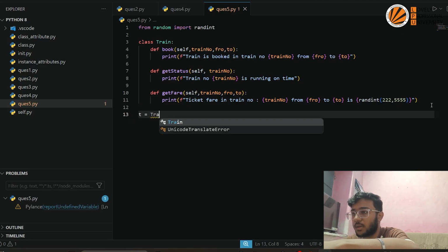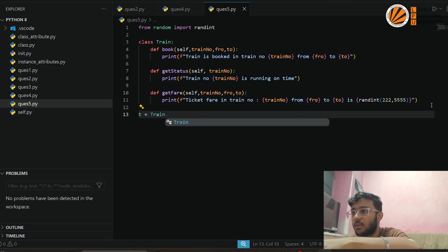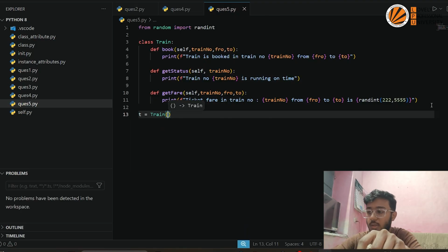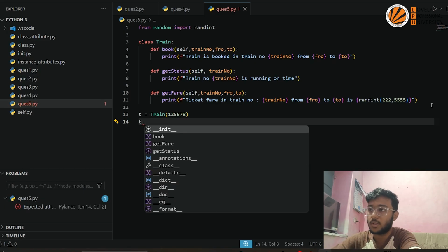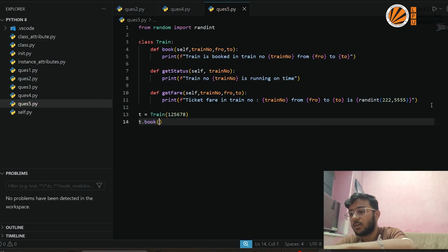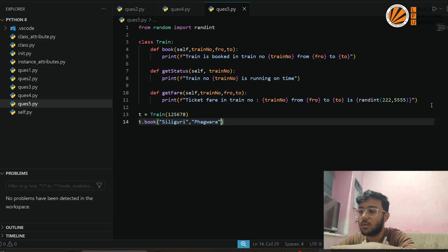I will write train, suppose the train number is 125678, just like that. Now I will call my functions one by one. Dot book from Siliguri to, suppose, Phagwara here,